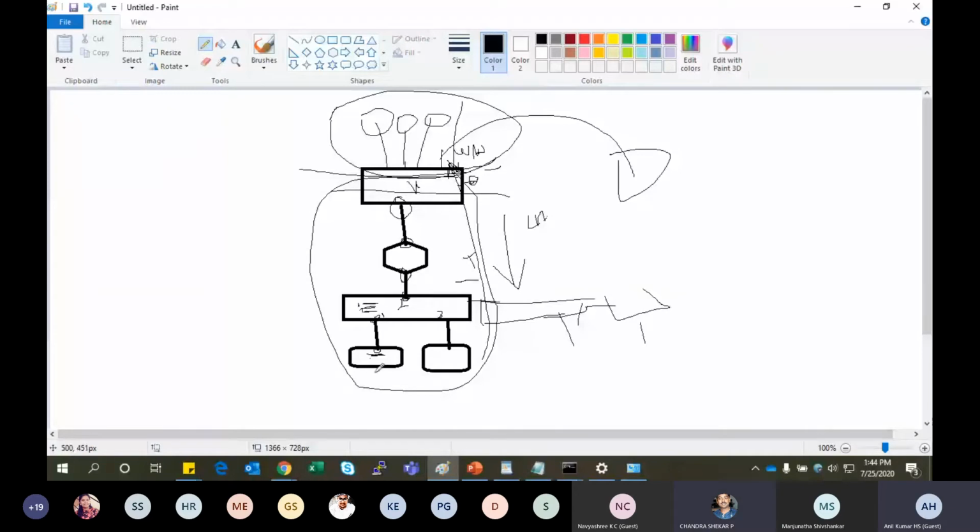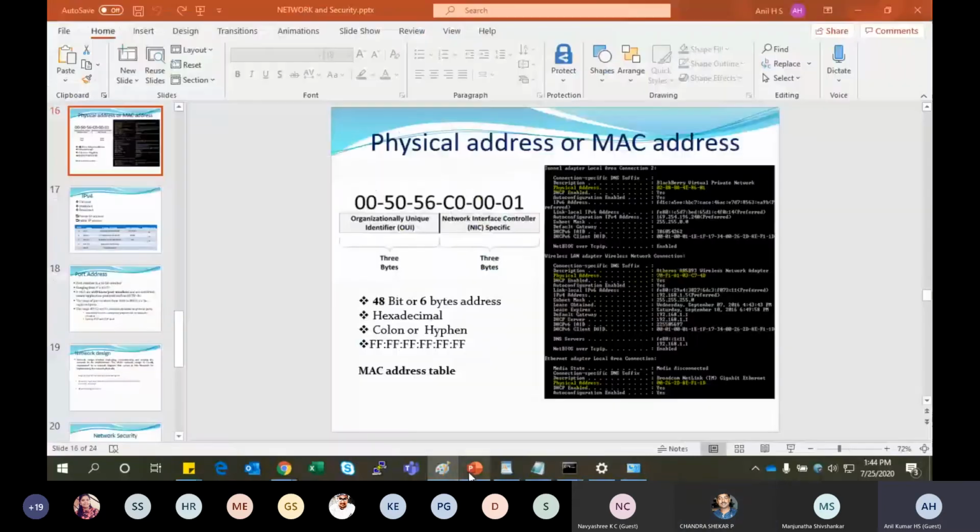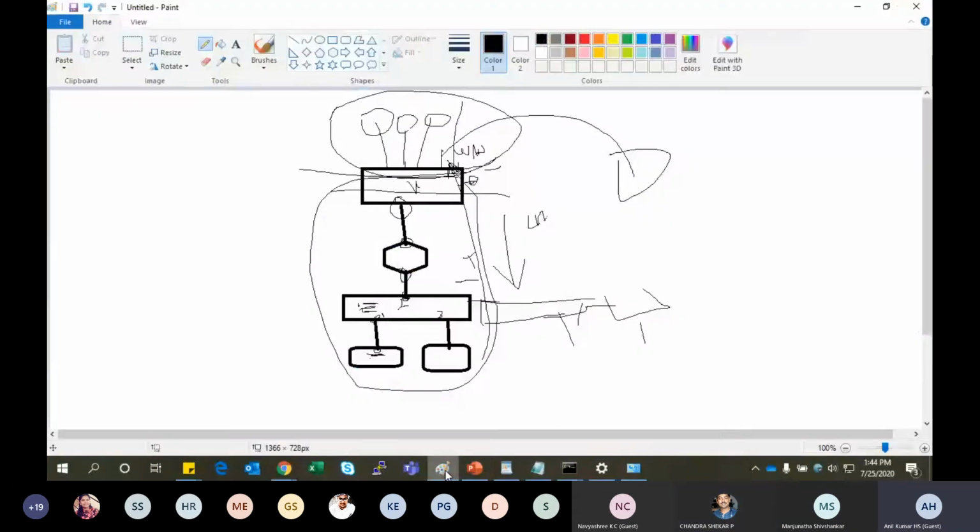When it is unable to find this server within the switch, it will broadcast. All the other machines on the same switch will see it, take the frame and look at it. When it is a broadcast, as I mentioned in the slide, the destination MAC address is FFFFFF. This machine's MAC address is something else, right? So what will this machine do? It simply discards it, because this is not my MAC address, this is not my packet. So one packet will go here.